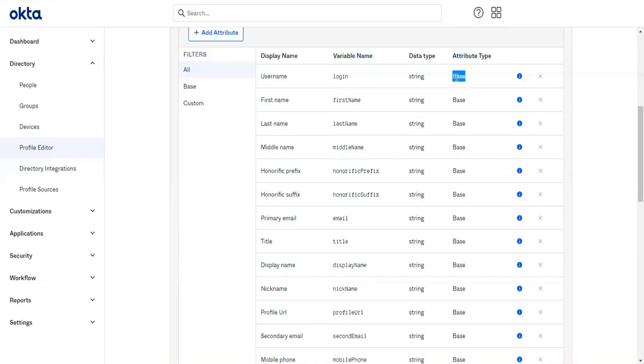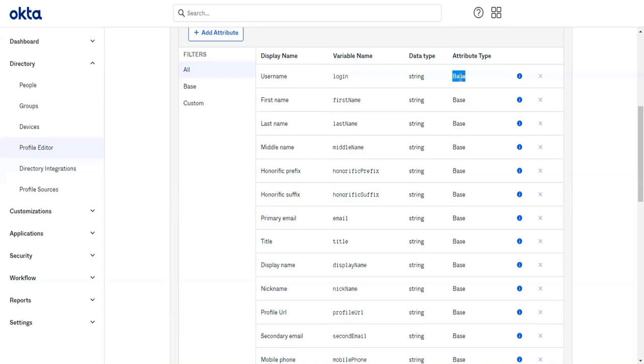In the attribute type you can see Base. Base means it's a basic attribute that is already predefined by Okta. There are two things: one is base attribute, another is custom attribute.